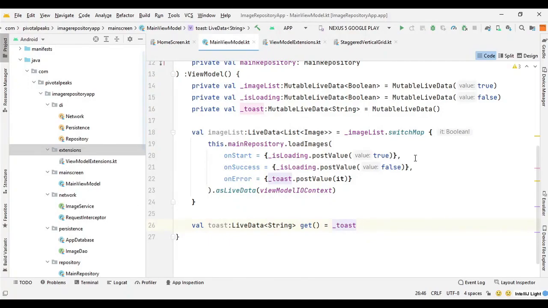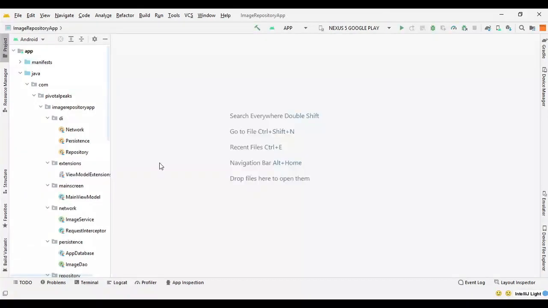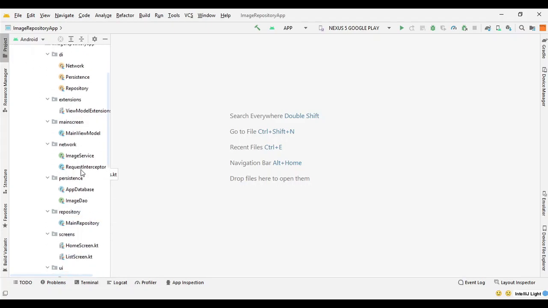So that's it for the view model, and we will add more items as we require them as we build our app. The next thing is we are going to build our screen, where we will create the main screen. After creating the view model, now we need to use this view model to set our screens. So let's create a screen function in the screen package where we will unload all our repository data.